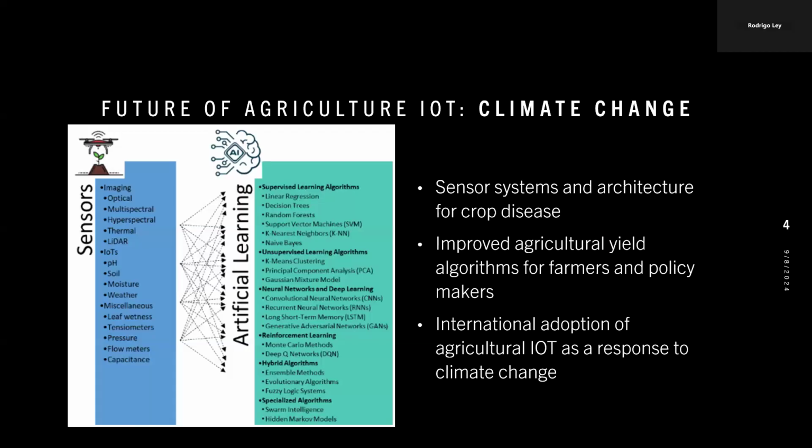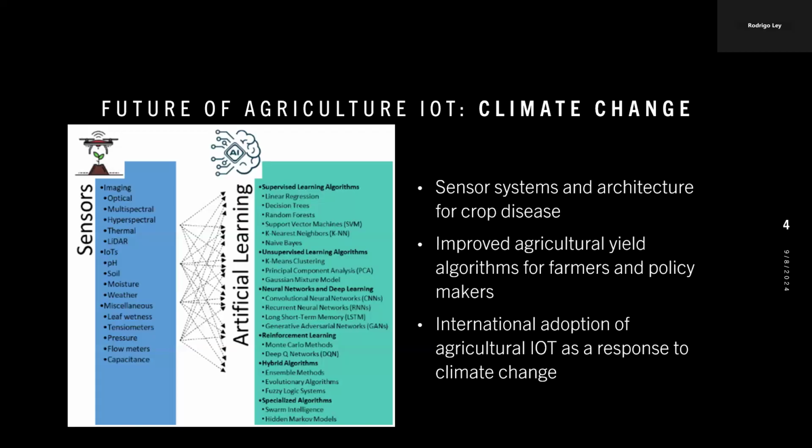But with IoT, farming can be improved. Everything from improved crop yield to making farms more efficient, decreasing resource usage, decreasing their footprint, and decreasing their impact. So one of the ideas we identified is the use of IoT and sensor systems to deal with crop disease. With climate change, there's more extreme variations of weather. This stresses crops. Stressed crops become more vulnerable to disease and pests.